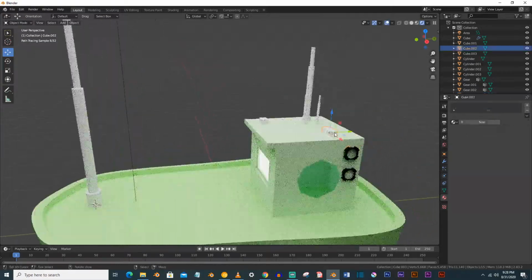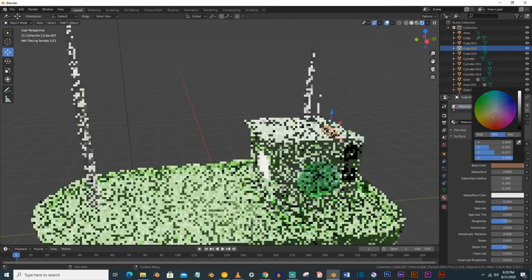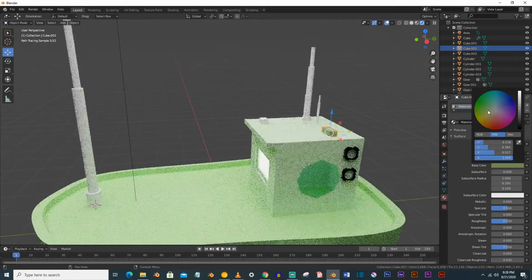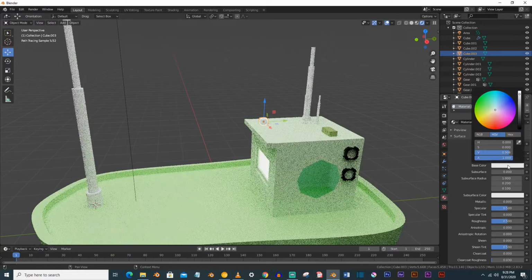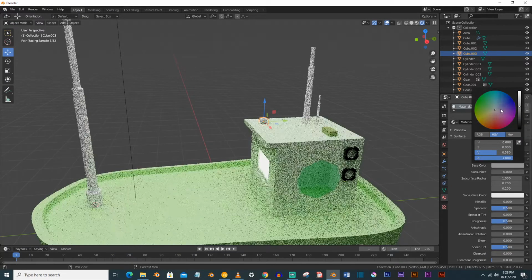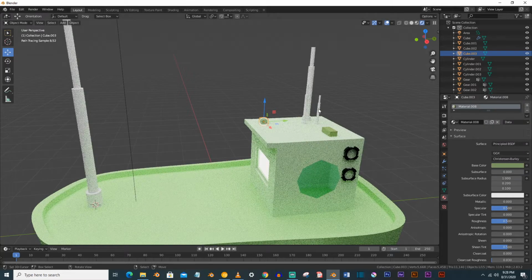Quickly just give it materials, whatever you like, make it a dark color. I think this color looks better.